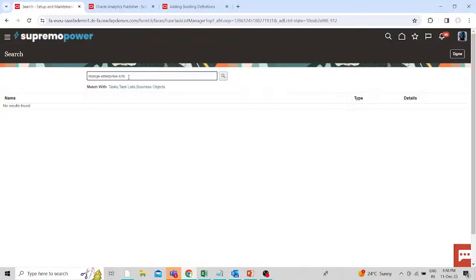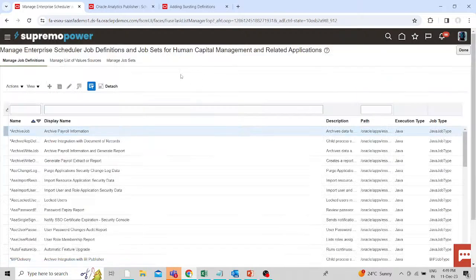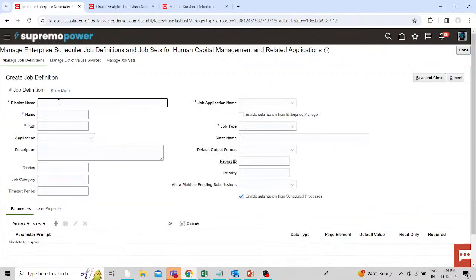Now on the HCM enterprise scheduler job task, create the ESS job for multi-file busting. Click on the add icon, give the name